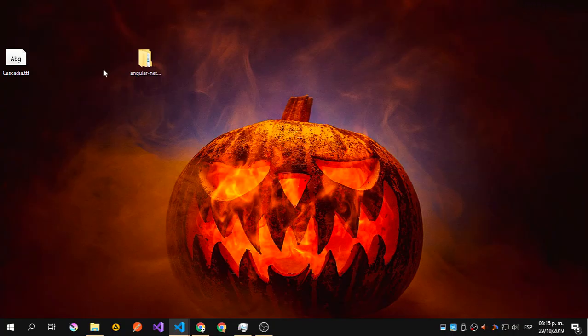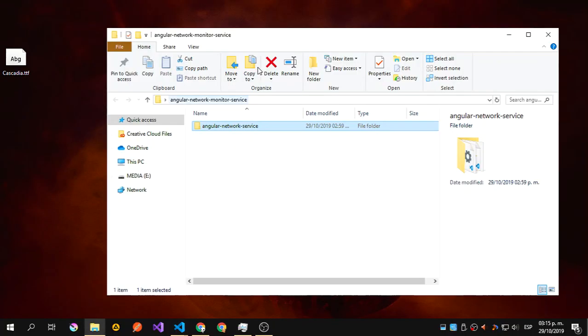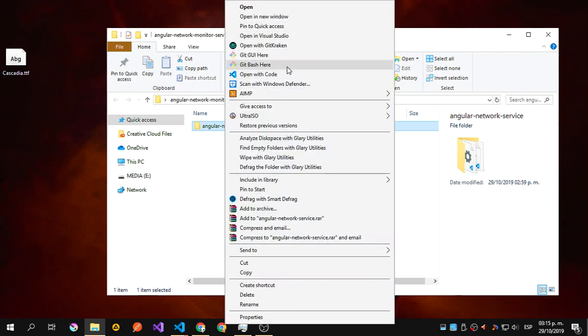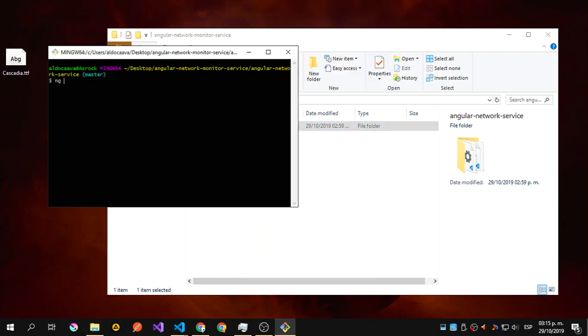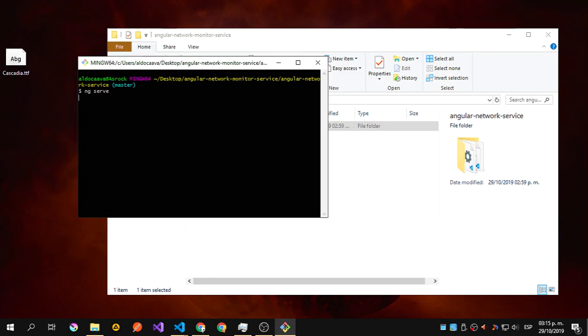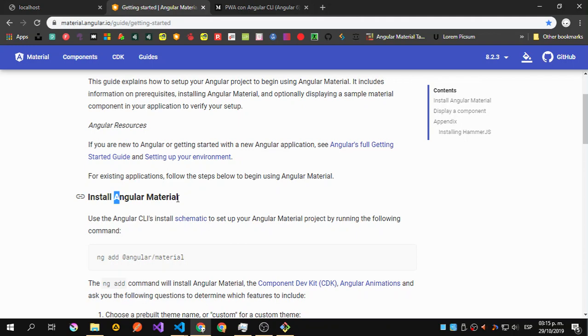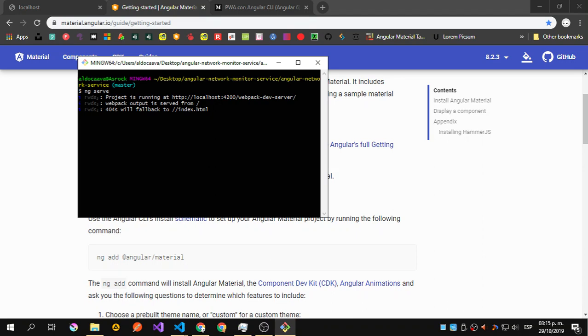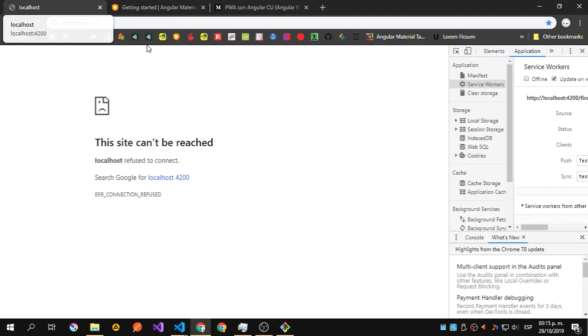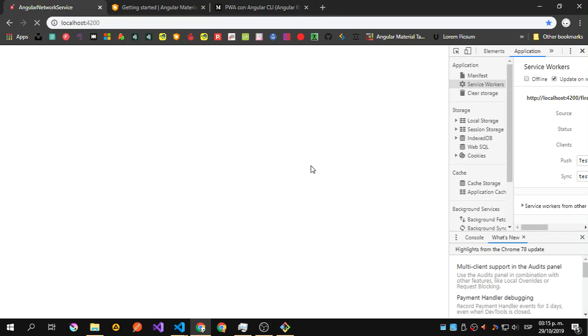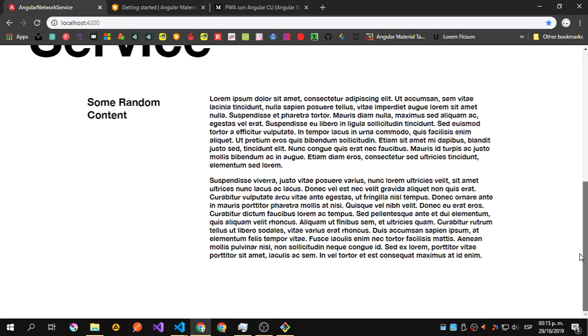So we still don't have that open. So did I have that? Yep. I'm using Git Bash, so let's say git bash and use ng serve, so we can see the project is running. So let's wait for that to open. And as I said, the only difficult thing that we're going to actually do is the dialog. As I said, we're going to use Angular Material, and we're going to start using schematics once we see that this is actually running. Okay, so let's refresh this, close that, and you can see we have